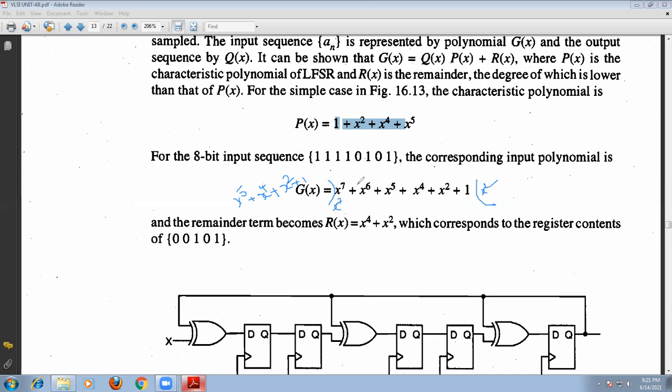And x square plus x to the power 4 is x to the power 6. And 2 plus 2 is 4. There is no x to the power 5 term. Plus we have x to the power 4, plus this one with 1, nothing but x square,